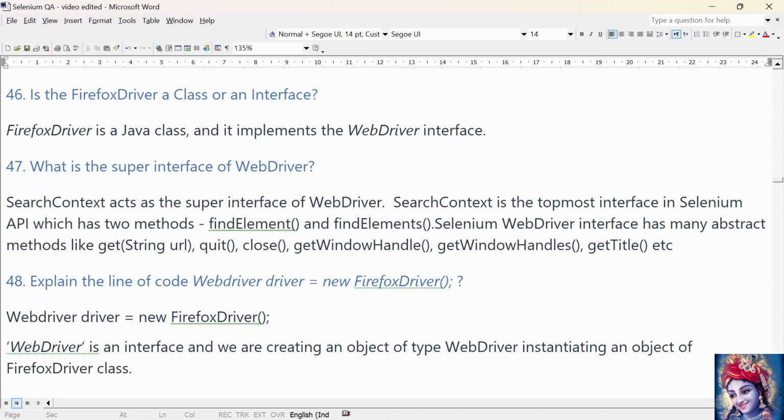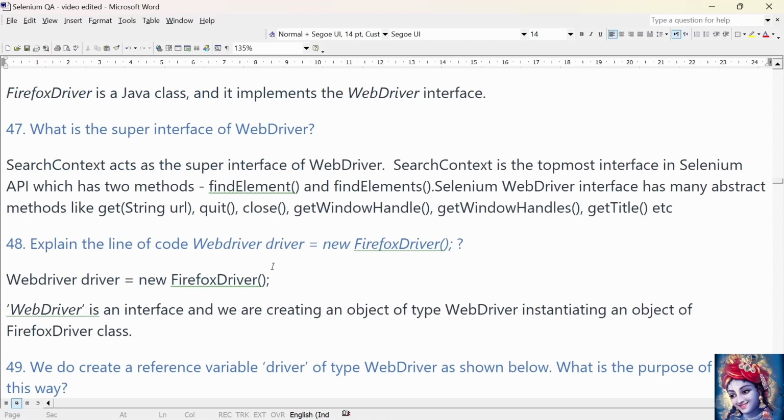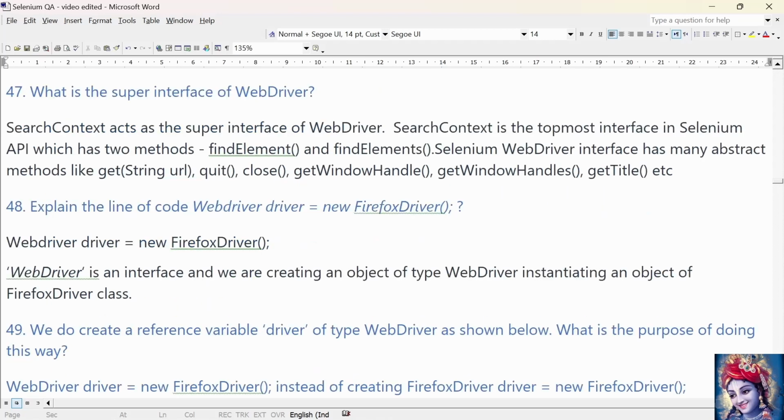Is FirefoxDriver a class or an interface? FirefoxDriver is a Java class and it implements the WebDriver interface. What is the super interface of WebDriver? SearchContext is the super interface of WebDriver. SearchContext is the topmost interface in the Selenium API, which has two methods, findElement and findElements. The WebDriver interface has many abstract methods like get, quit, close, getWindowHandle, getWindowHandles, getTitle, and some